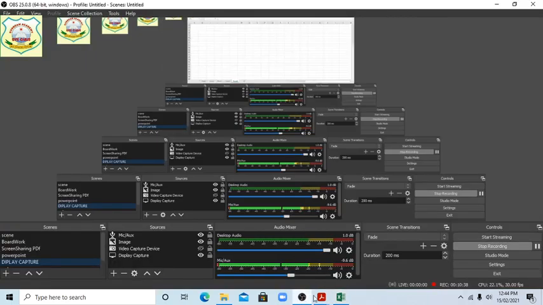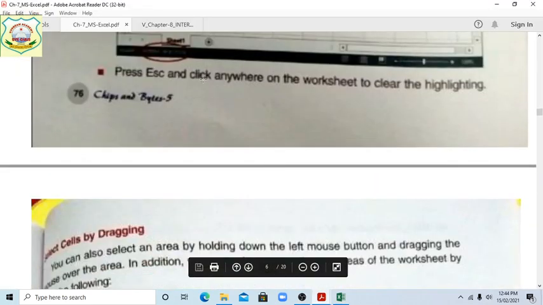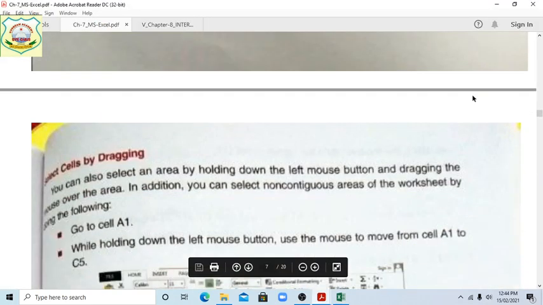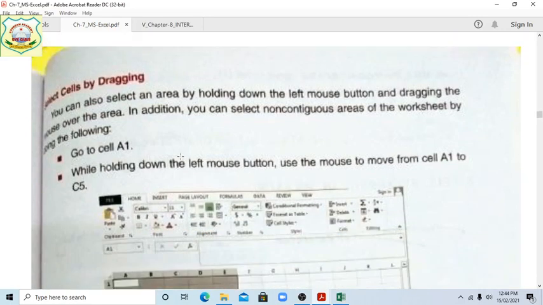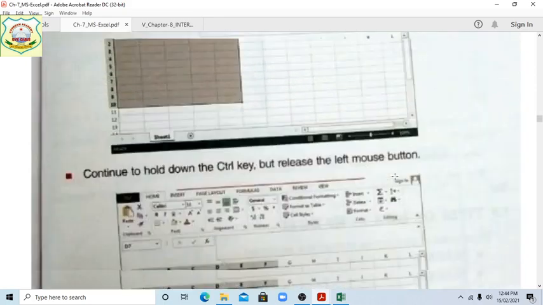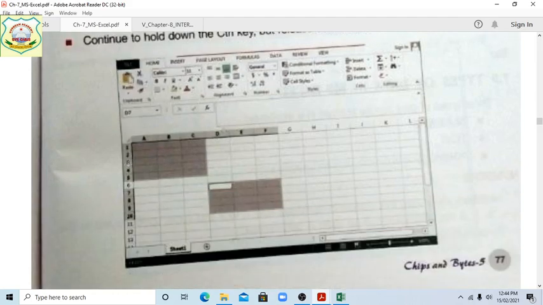So here, using the Control key also, press Escape and click anywhere to clear the highlighted selection. With the left mouse button, move the mouse from cell A1 to C5. Yes, students, just now we have done. And continue to hold down the Control key also, and like this we will get the